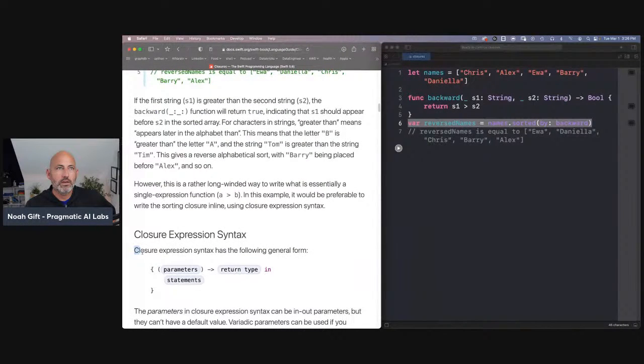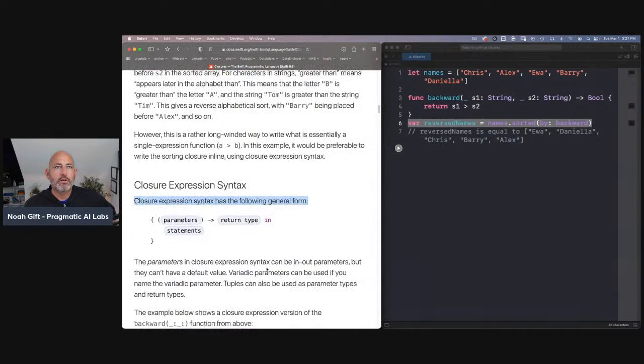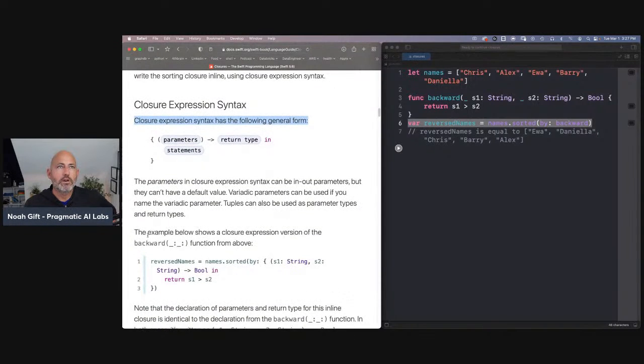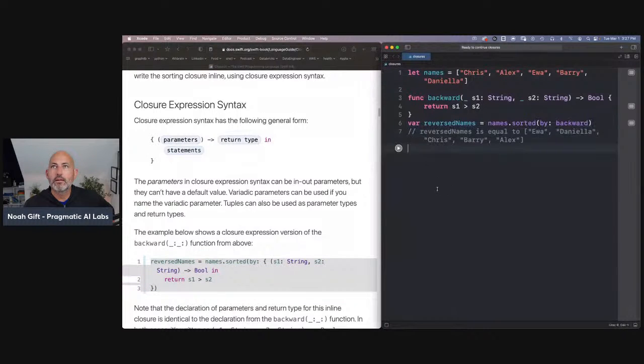So here we go. The closure expression syntax is the following form: parameters and then return type. The parameters in the closure expression can be in-out parameters, but they can't have a default value. This example shows a closure expression of the backwards function from above. So we say reverseNames.sorted(by:), and we can actually build this all together. Let's go ahead and build that in and paste it in and see what we got here. So we have reverseNames is equal to names.sorted(by: